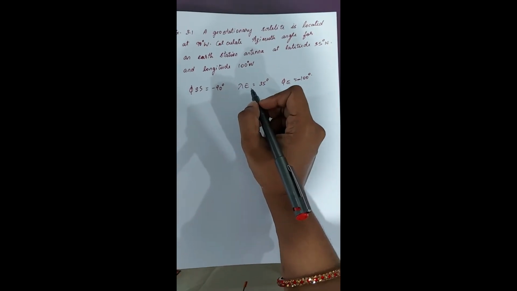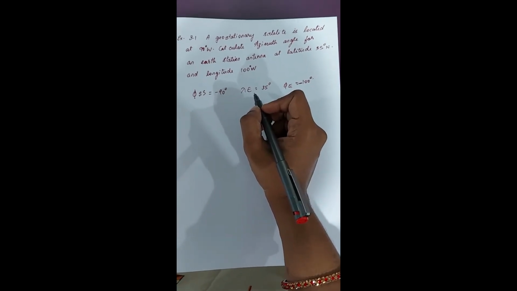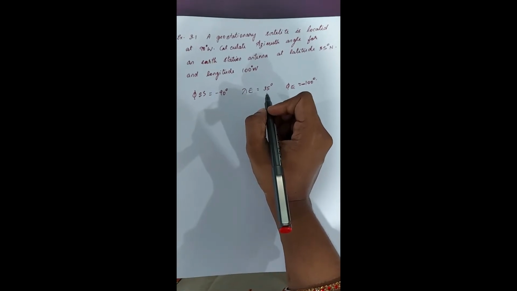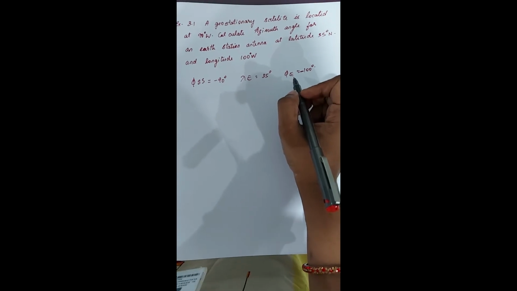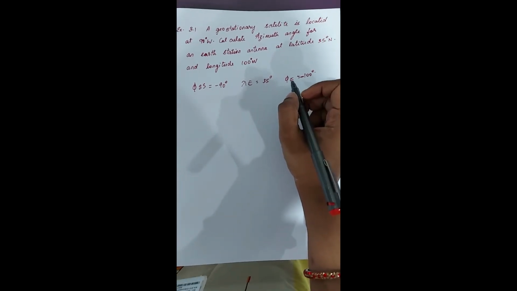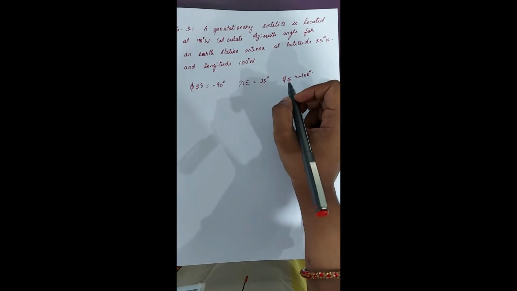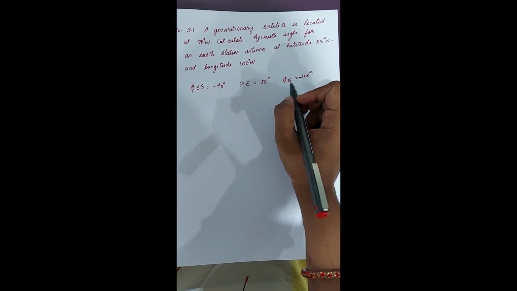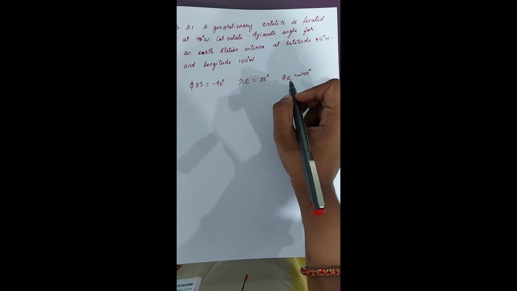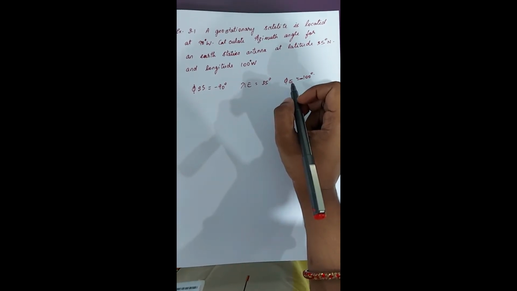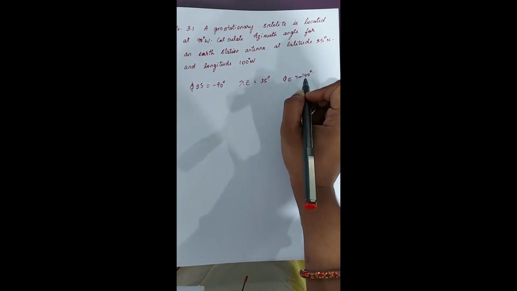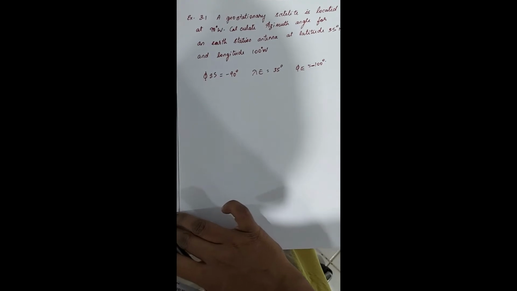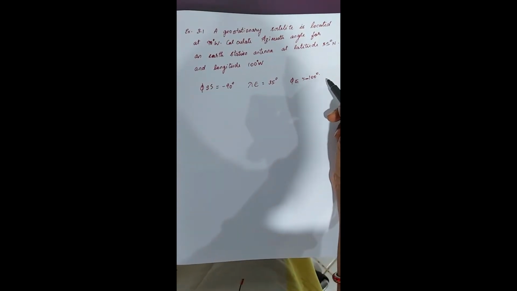Next, latitude is given as 35° north, so it is 35°, a positive value. Phi E is nothing but the longitude value. The earth station antenna is located at this point, this is the latitude, this is the longitude value of the earth station. Since it is the earth station, it is denoted as E, and it is minus 100 because it is towards the west. 100° west, the longitude is given.